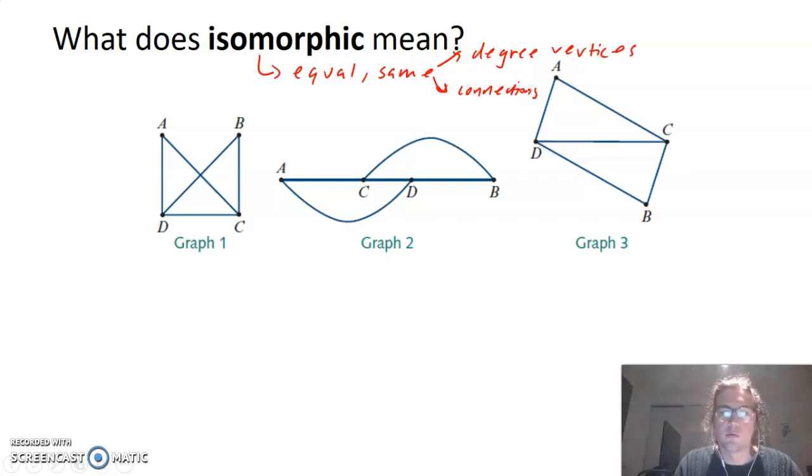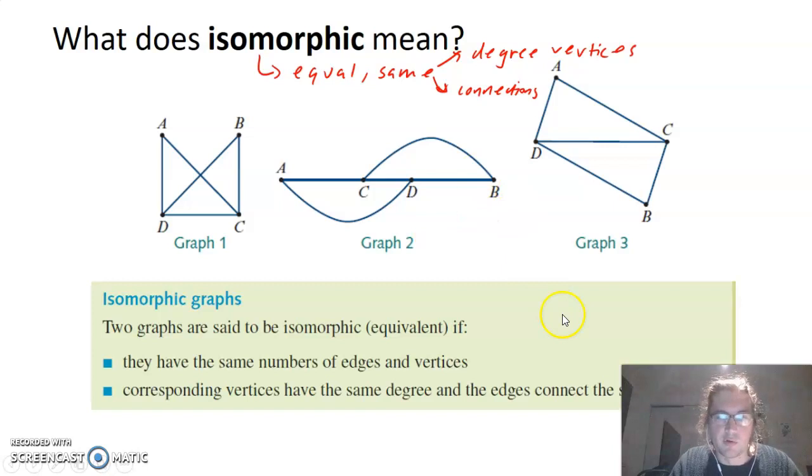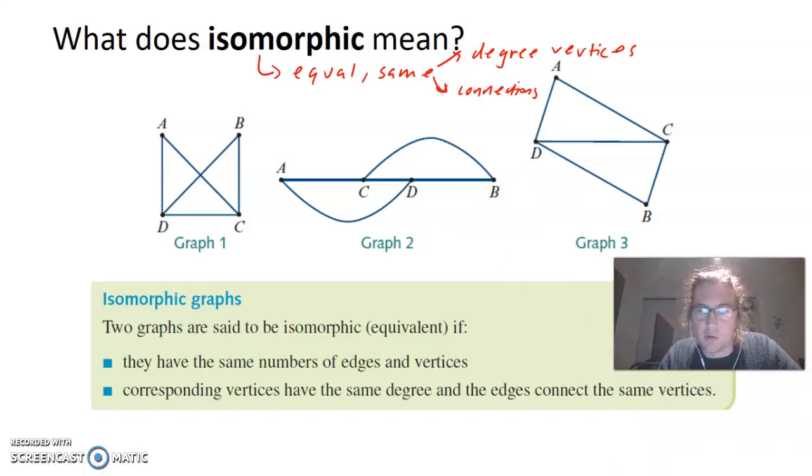Okay, so graphs are said to be isomorphic or equivalent if they have the same number of vertices and edges, and their corresponding vertices have the same degree and same connectivity. So I'll show you what I mean. Believe it or not, all three of these graphs, 1, 2, and 3, are isomorphic, meaning they're actually the same graph. They've just been distorted, or stretched in a way which makes the shape different,